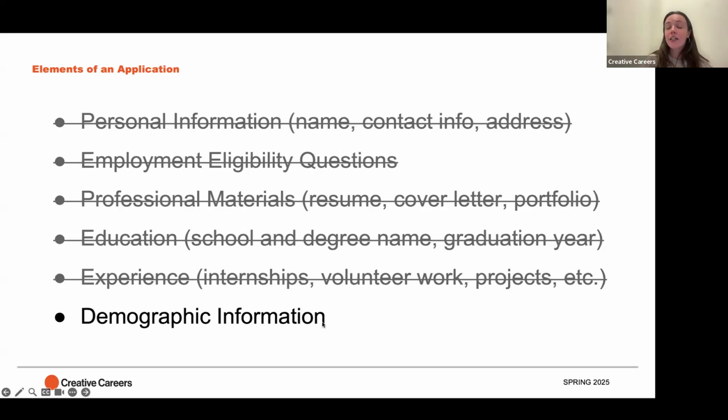Our next area here typically falls under the category of demographic information. And very often, this information is voluntary. And you'll see that it's voluntary and that you have the option to not answer every time that these questions are asked. So these types of questions might include identifying your gender or your race or ethnicity or your disability status. And again, this information is by and large not going to the hiring manager. It's being used as aggregate data by the Human Resources Department to better understand who's applying for positions at this company and to get an understanding of those